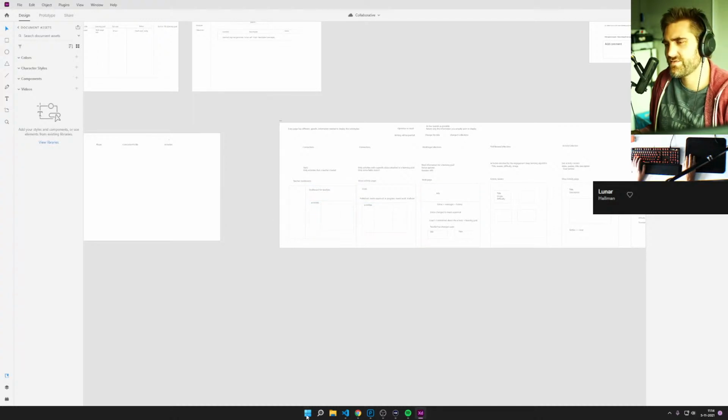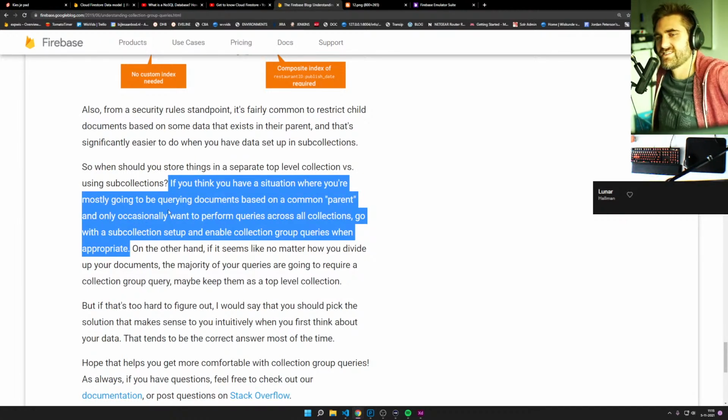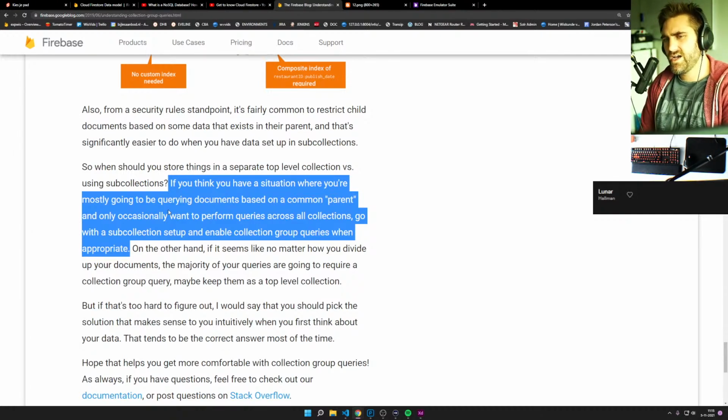So in our case, this first if statement is not true. This is false. And if this is false, we should do the other one. That's how I'm reading this. So we should do the top level collection and not the sub level collections. Only,